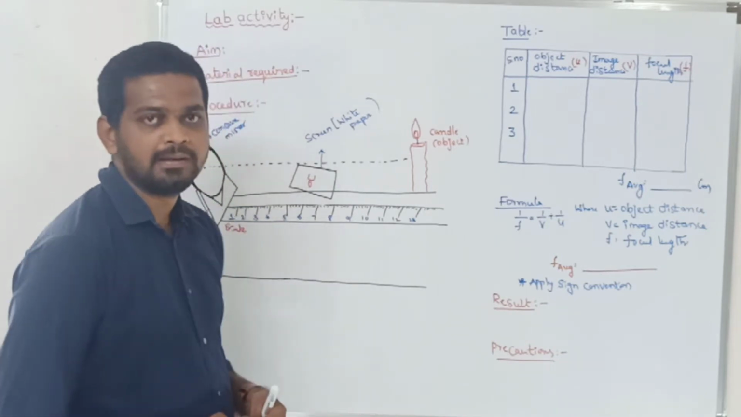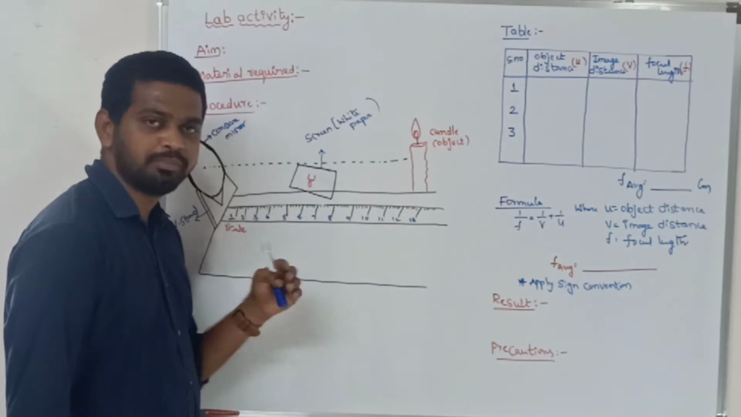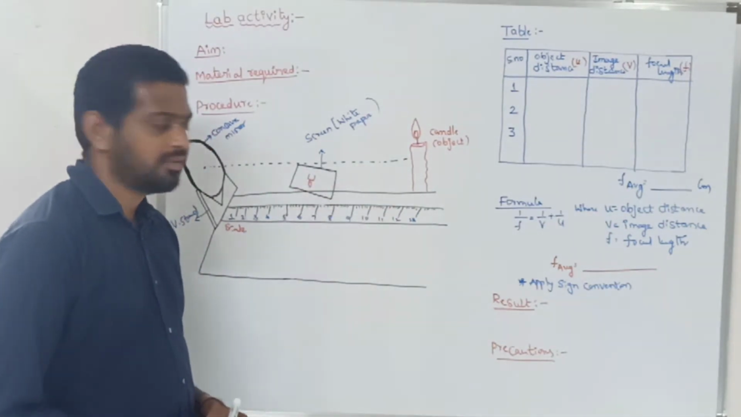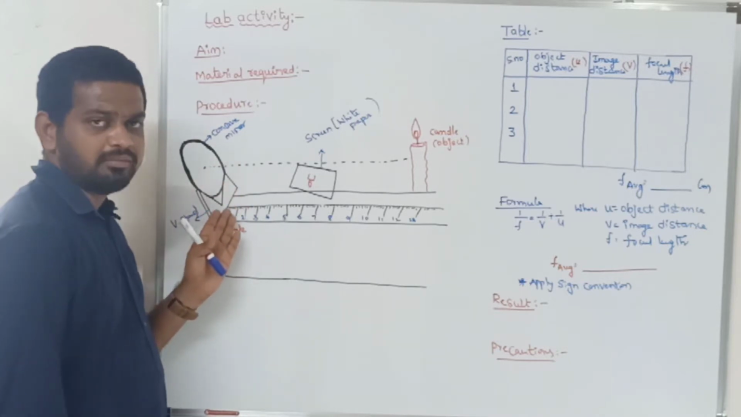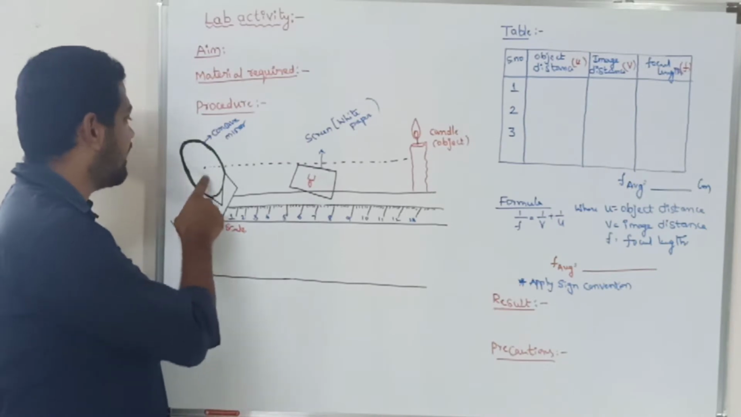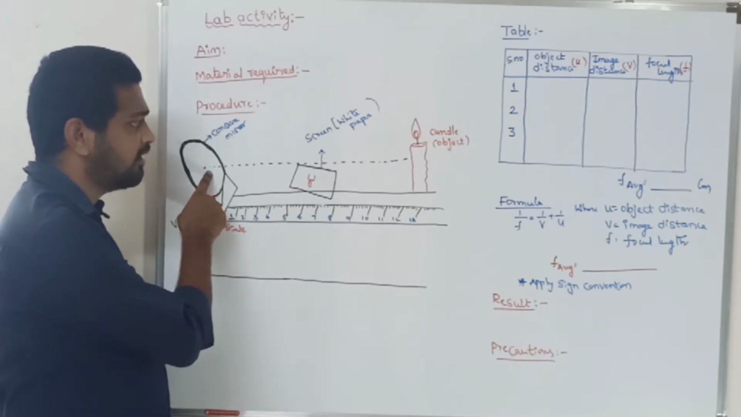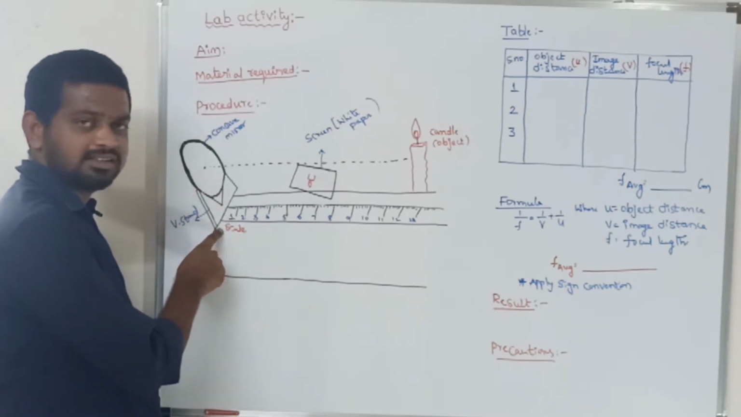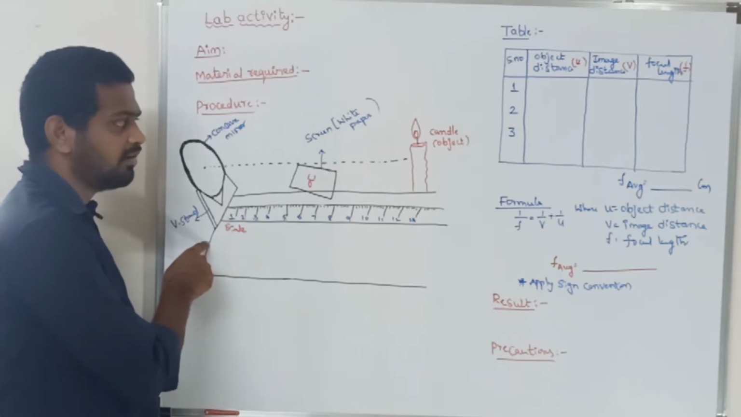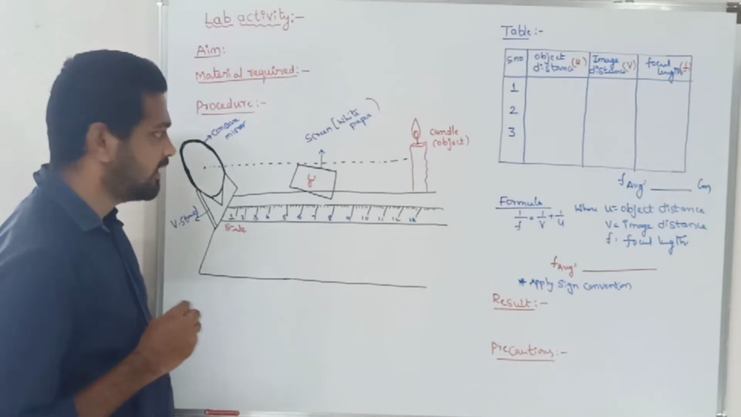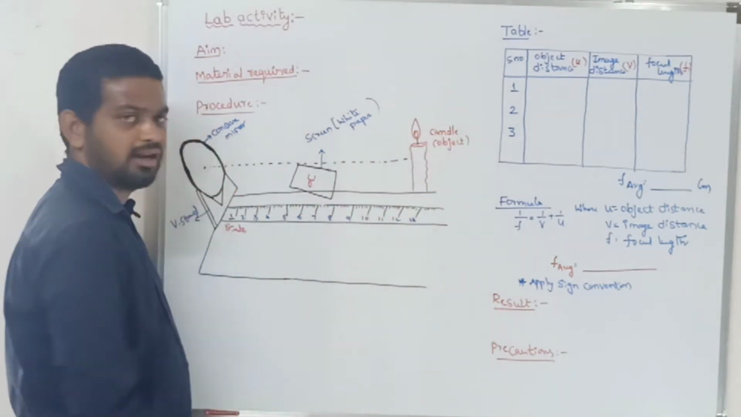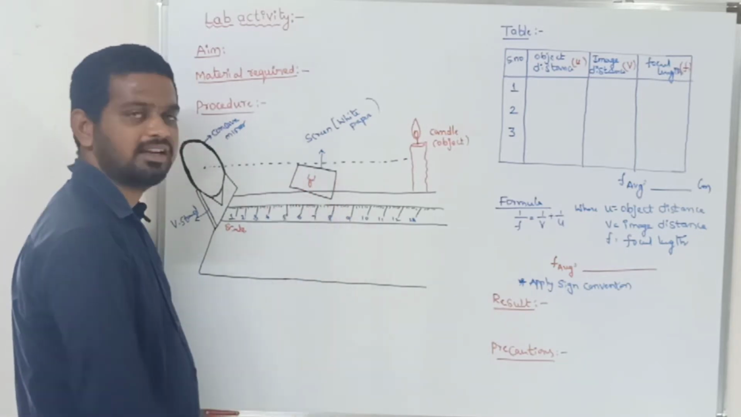Now coming to the procedure. Before writing the procedure, you need to draw this diagram. In the diagram I placed a V stand. On that V stand I placed the concave mirror. Clear children? Now I arrange the scale exactly at the corner of the concave mirror to minimize my calculations. Then I placed an object, the candle, away. Then I placed the screen in between the